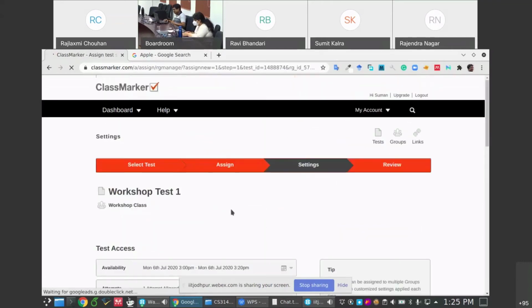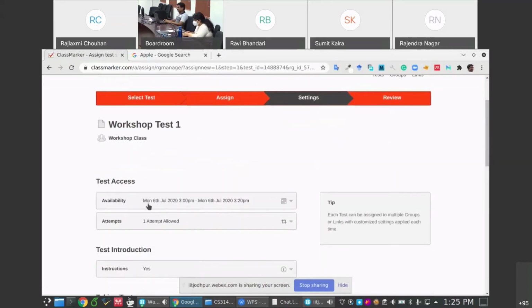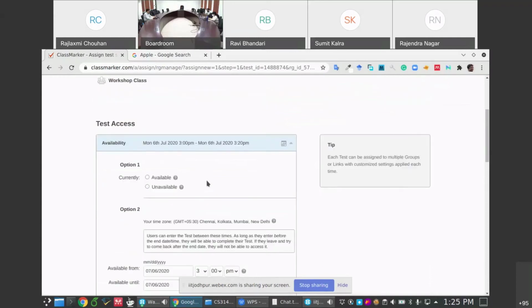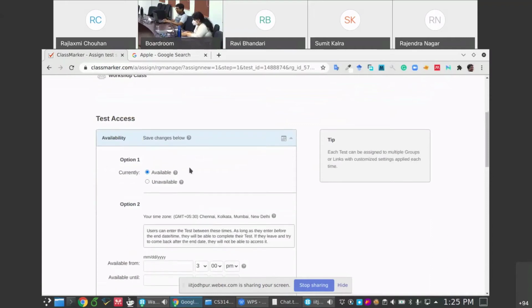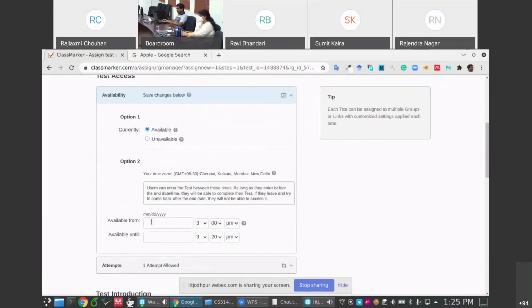Now you have the option of when this test will be available. You can open it right now, or you can set it available from maybe today at 2 o'clock, and at 2:30 it will be stopped. So it will automatically open at 2 o'clock for your students, and at 2:30 it will automatically be gone from their home page.